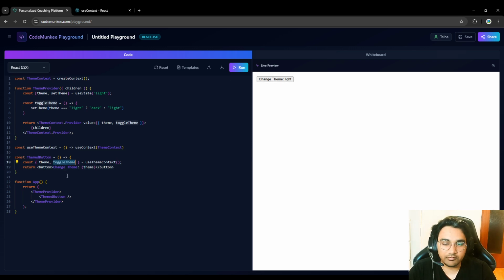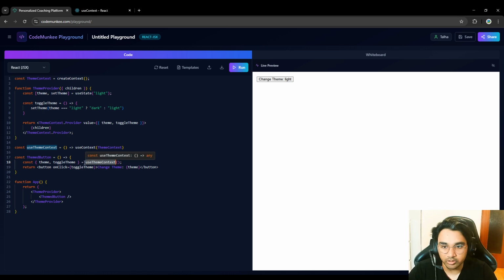Okay, what do I want to do? I want to change the theme, right? So let's call the onClick simple toggle theme. Now I'm expecting that when I click it, the theme will change from light to dark, and we will see the value change. If I click on it, it changes to dark. I click on it, it changes to light. Right now it's only in a single component, and I didn't have to pass any prop to it. It is accessing the theme value from a global context, global state,